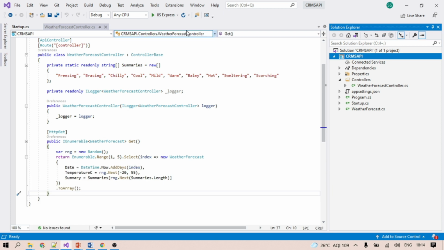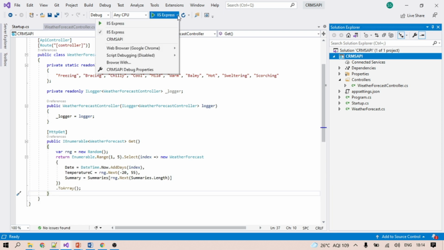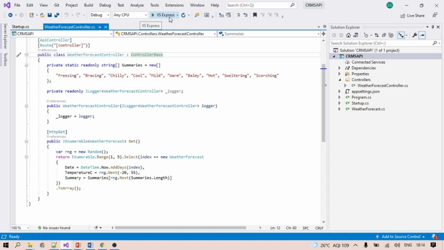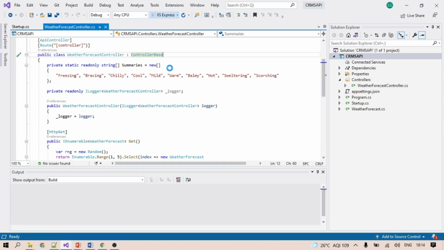So now we can run our solution. Here you can see we have IIS Express. We can also select some default browsers and run the application. Let's continue with IIS Express. Further on we will be changing to a different mode for the execution and see how it impacts the APIs. Sorry, it's loading. Let's see how much time it takes.